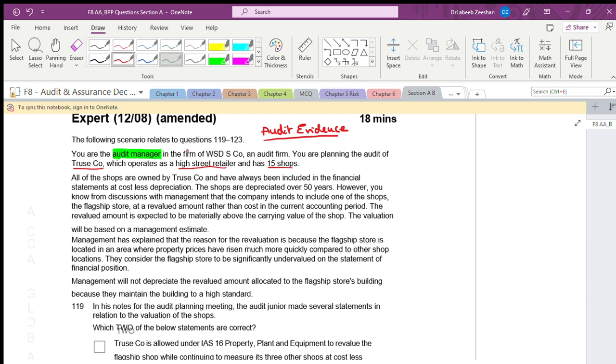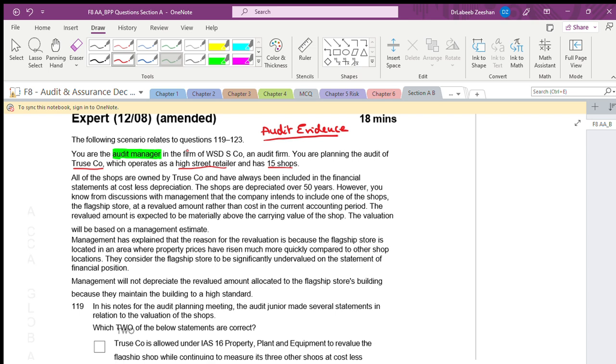The rule says that you have to understand the entity first. That is where we are talking about the control environment. You have to understand the entity first: the environment in which we are going to assign what we are going to do, and how the entity will work. Once you understand the entity as an audit manager or an audit senior, we can have a clear-cut perspective of understanding the task assigned to us. That's the first step.